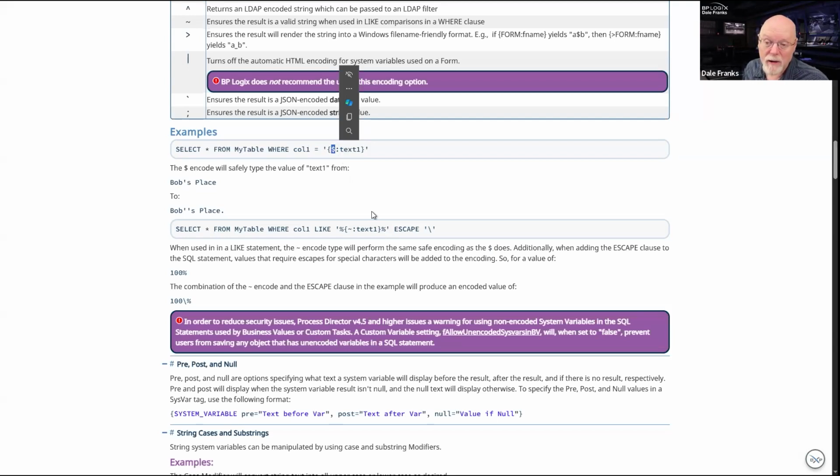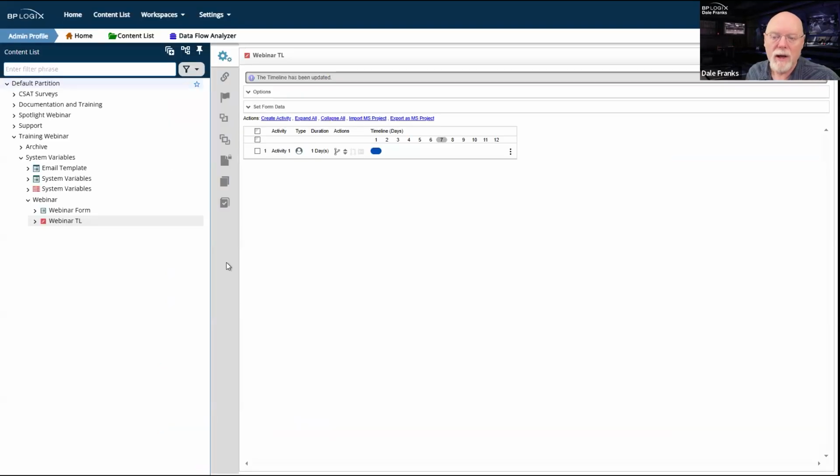In fact, in Process Director, almost anywhere that you use this sort of parameter, such as in a business value, by default, if you do not include this, Process Director is going to give you a warning that tells you you're not using the proper encoding character. In fact, let's just go ahead and do that.